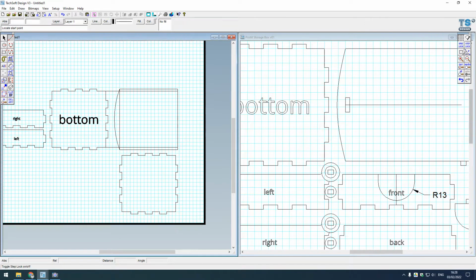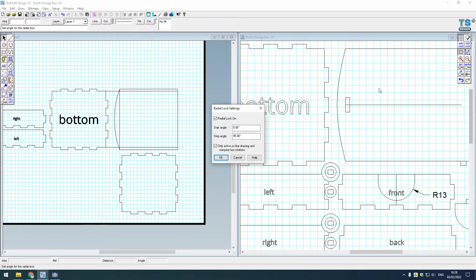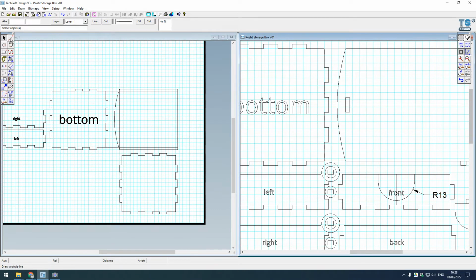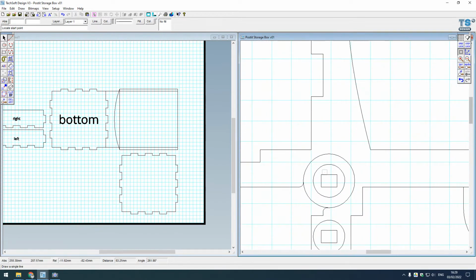If I just get the attach tool, make sure I'm on the right drawing file here, turn off the radial lock tool, turn off the grid lock and turn on the attach tool. In fact, no, I want the radial lock on, sorry. I've still got that as only active when drawing lines and marquee rotations, fantastic. And a line tool, and I've got this still as a pale gray in this drawing, which is great. I'm going to click on, let me see, this point of the hinge,